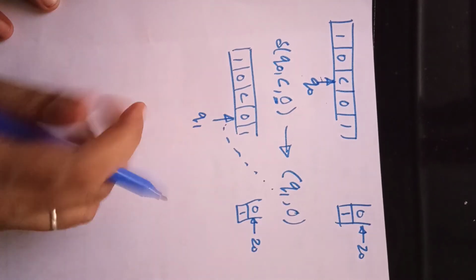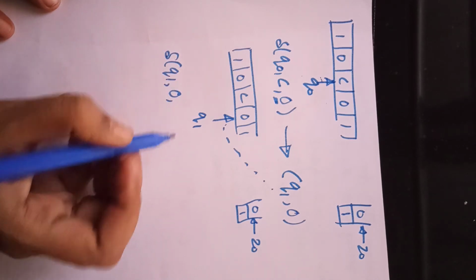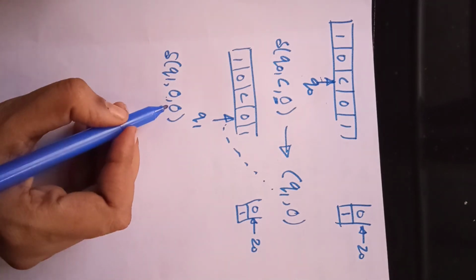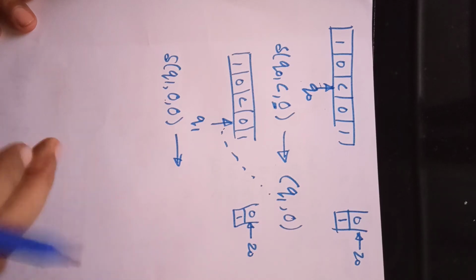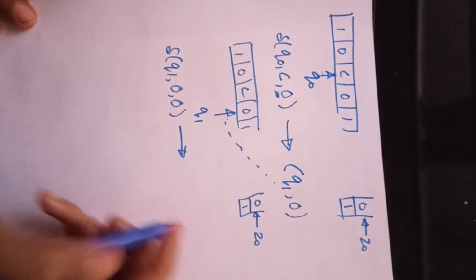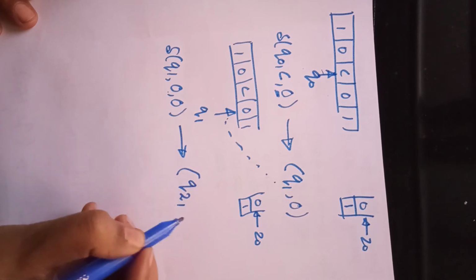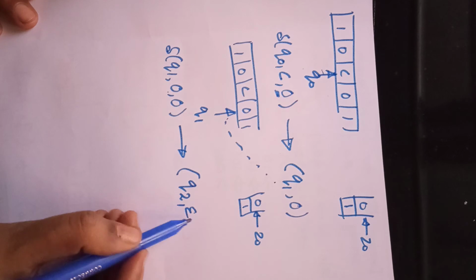Now whatever we can see, we have to write it down. So q1 is pointing to 0, and whatever is present on the stack is 0. That means we got the matching one. Whenever we get the matching symbol, in this problem we are going to perform the pop operation. For the pop operation, I can change the state, for example q2. The pop operation is very easy to write down, that is by putting only epsilon.